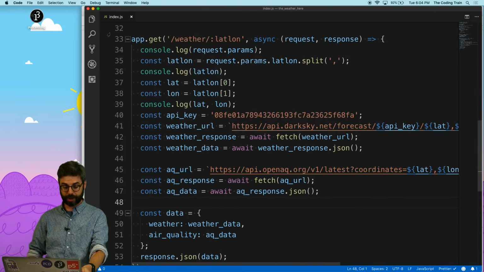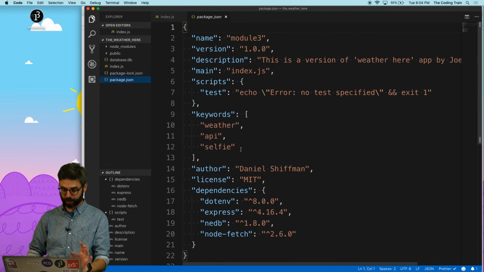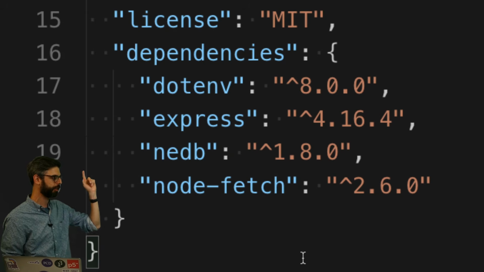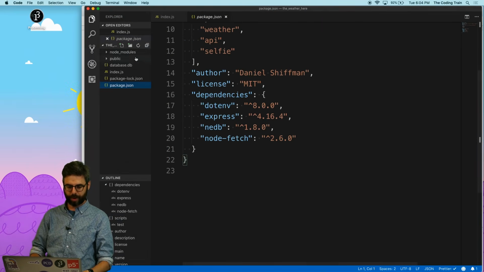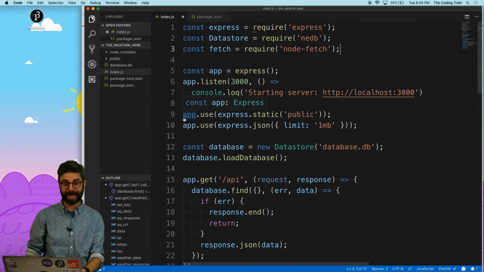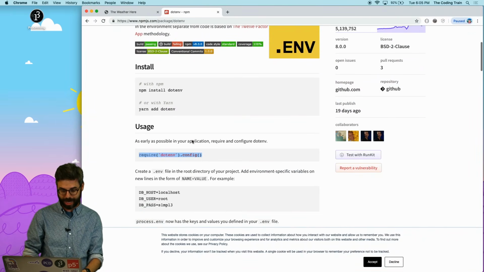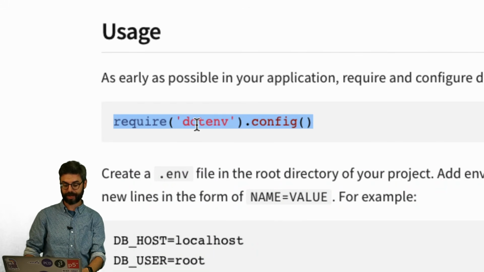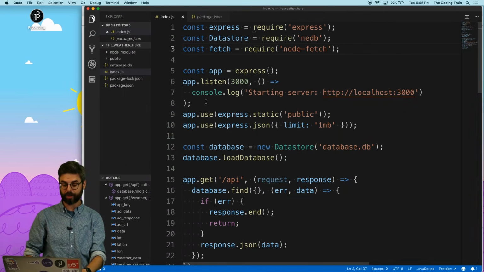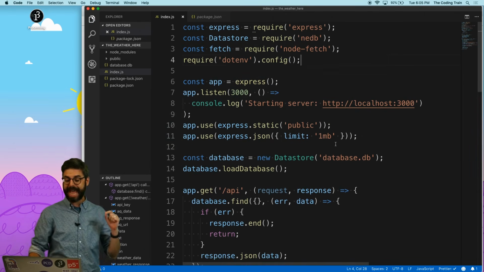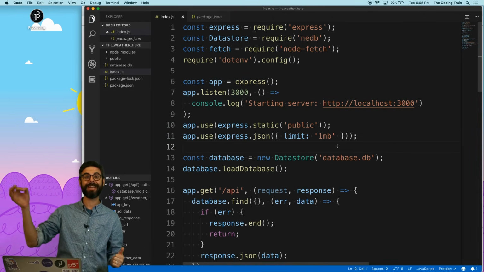I'm going to go over to the code. I'm going to just make sure I've got it here. Yes, I've got the dotenv package installed as a dependency. I'm going to go to my server code. In order for dotenv to be in action, I need one line of code, and it's right here. I want to say require dotenv and then call the config function. So this is going to tell this particular server to load anything that's in a file called .env